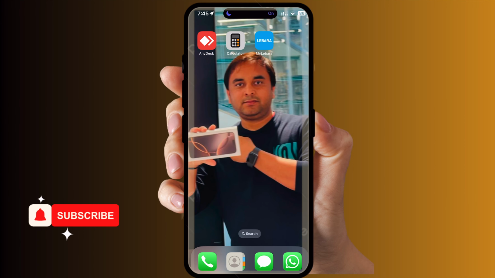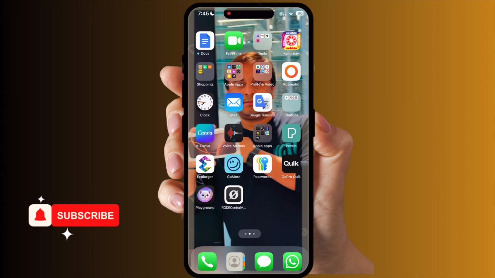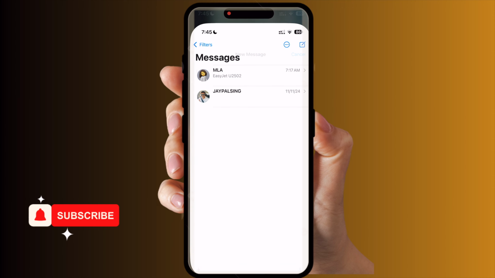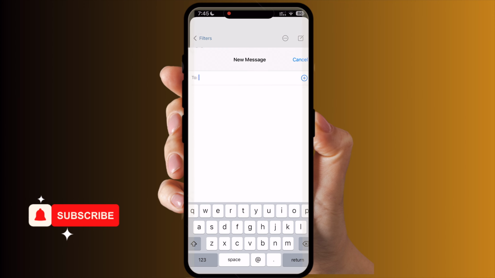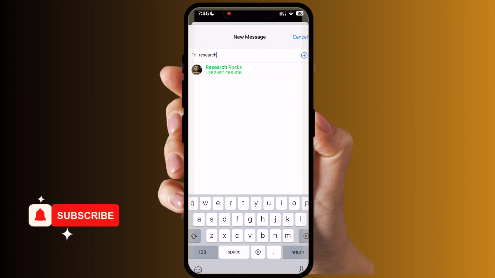So let's start the demonstration. This is my iPhone 16 Pro Max. I simply open the Messages application and search for one of the contacts. Suppose, for example, I am currently traveling and I want to send my flight number or details to a family member so they can very easily track me. So you can type here: my flight is EasyJet and the flight number is